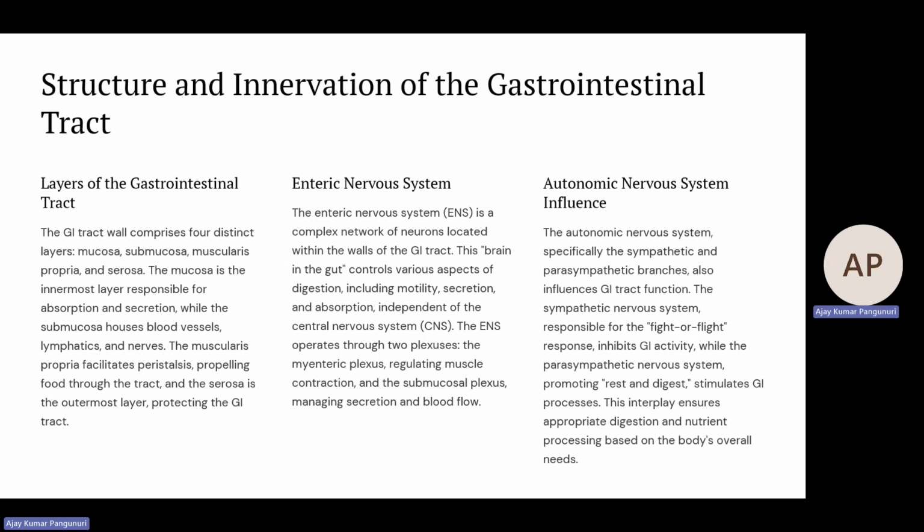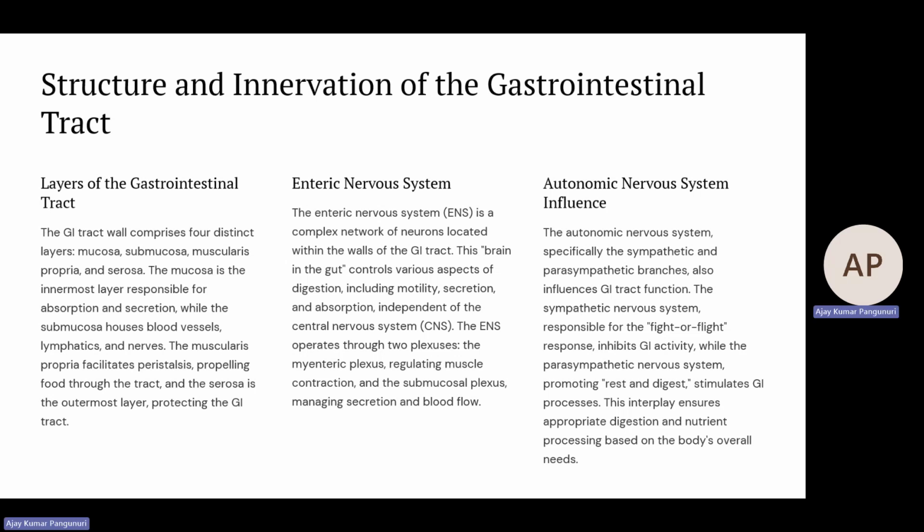Structure and innervation of the gastrointestinal tract. Layers of the gastrointestinal tract. The GI tract wall comprises four distinct layers: the mucosa, submucosa, muscularis propria, and serosa. The mucosa is the innermost layer responsible for absorption and secretion, while the submucosa houses blood vessels, lymphatics, and nerves. The muscularis propria facilitates peristalsis, propelling food through the tract, and the serosa is the outermost layer protecting the GI